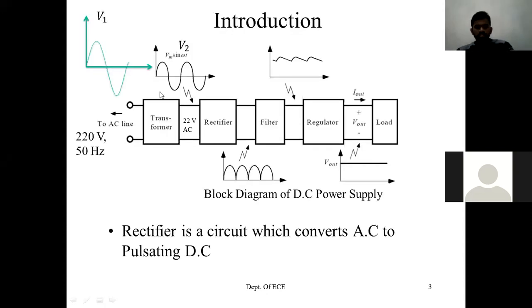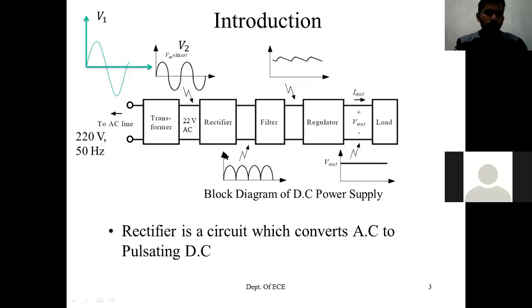Here is the block diagram of a DC power supply. As you know, any electronic component, device or gadget will only operate with a DC power supply. But the source for the DC power supply is a battery, and over time the battery will drain and you need to replace it with a new battery if you want a DC power supply. So this is cost consuming. To avoid this, we will go for some alternative mechanism.